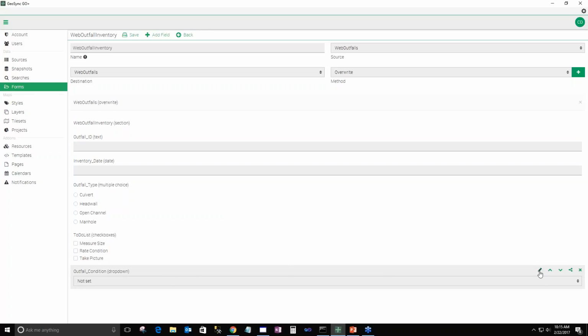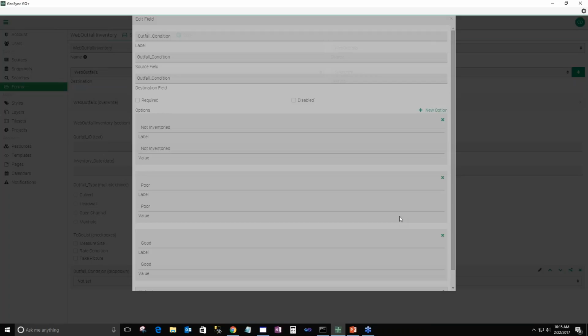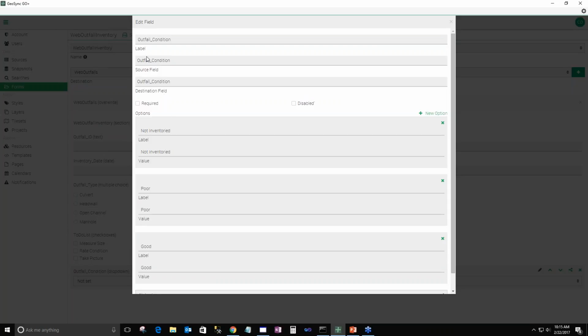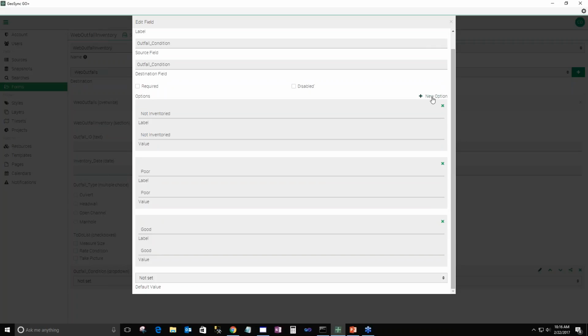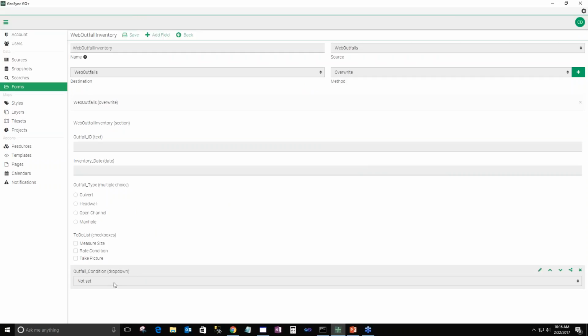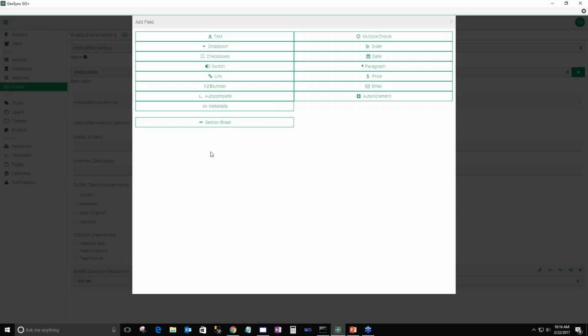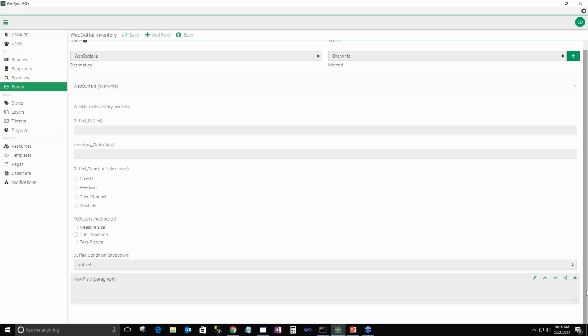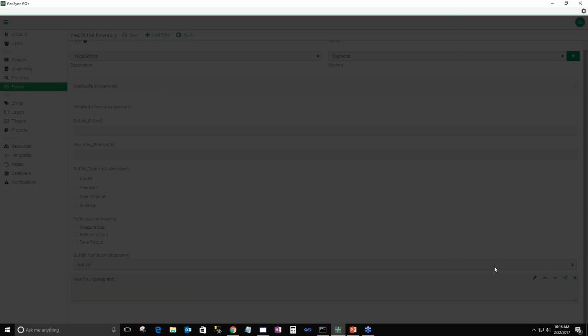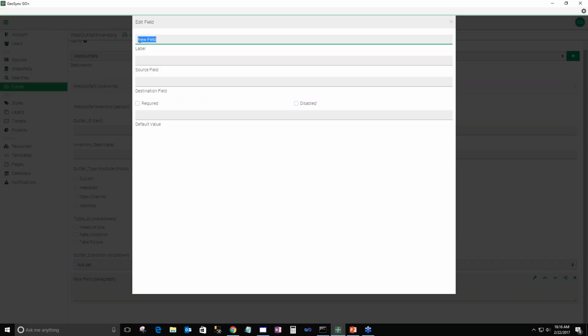And then here we have a drop-down, which is similar to what we've done before. If we edit that, we'll see that, again, we set up the label, the source field, the destination field, and then we have our options. We can add an option or we can remove an option from here, and these will show up in a combo box. Well, let's go ahead and add another field, and I'm going to go ahead and add a paragraph field. This will be a field that we can take notes in, and I'm going to edit this, and I'm going to give this